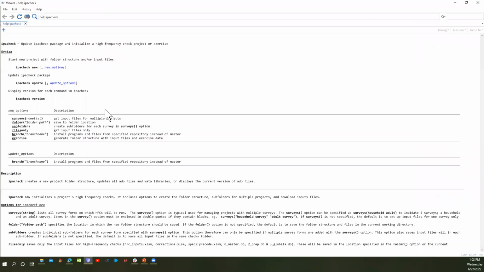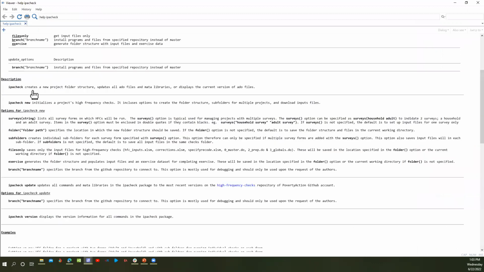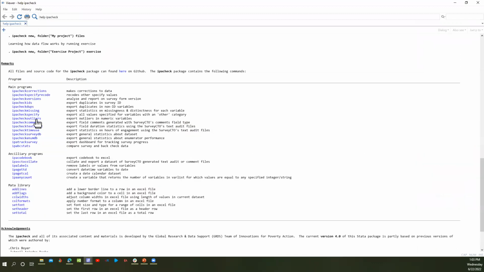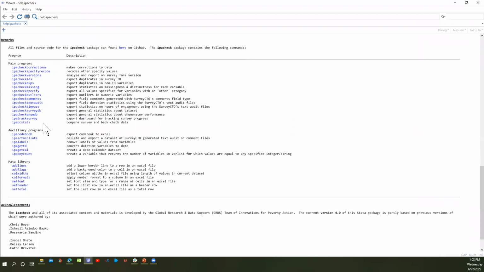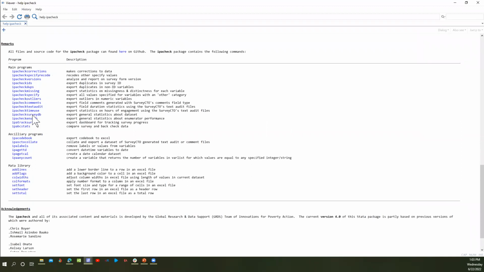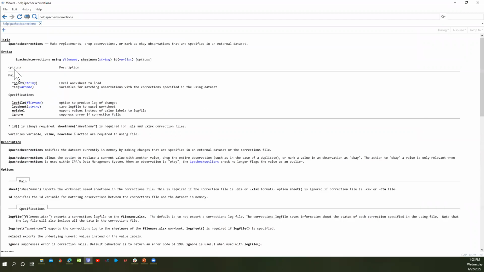In the help file for IPA check, when you scroll down to the bottom, you can find a link to the help file for all the other commands. So if you just want to check something, you can always come back to IPA check if you don't remember, and then you can click on the help file for the specific command that you're interested in, and you see that as well.